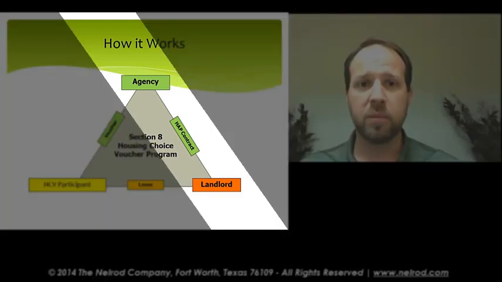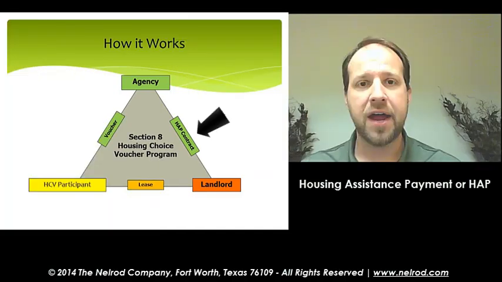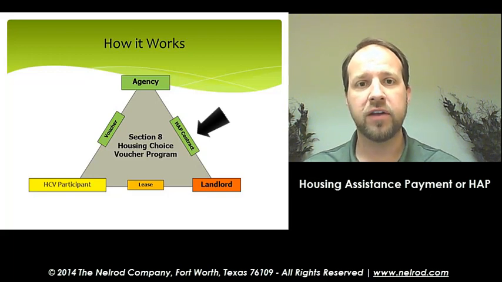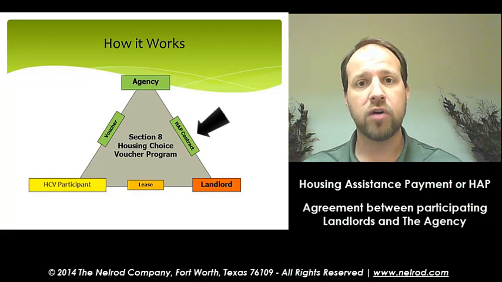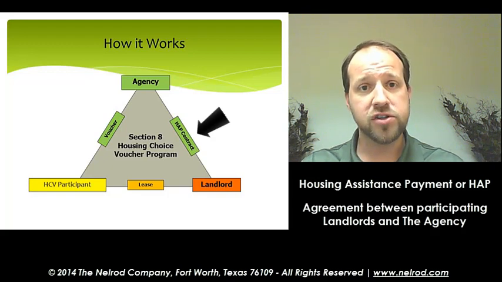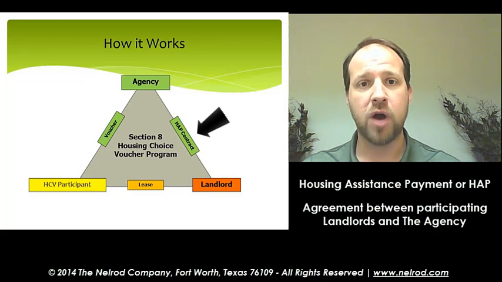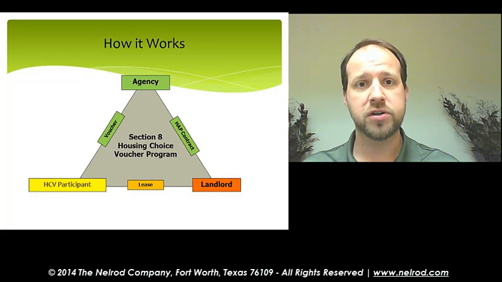The third piece of the puzzle, as represented on the right-hand side, is you, the landlord, and the housing authority executing what's called a Housing Assistance Payments Contract, or a HAP contract. This HAP contract is the main body that really brings this program together. It's an executed agreement between the agency and the landlord indicating that the agency will financially provide rental assistance on behalf of this family at your property. We'll talk about this HAP contract a little later in the presentation because it is a major document that brings all of this together.